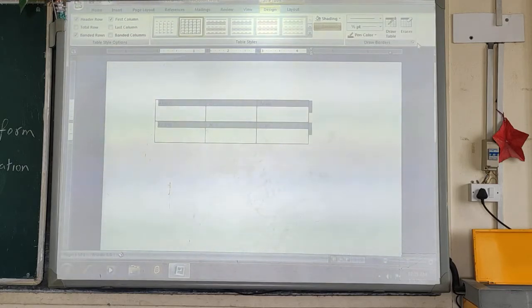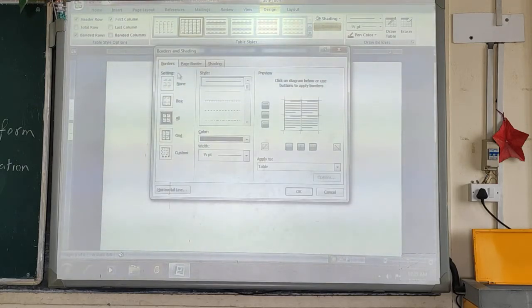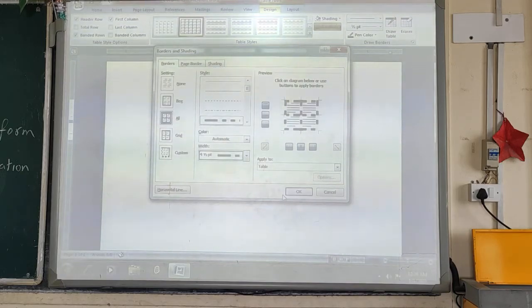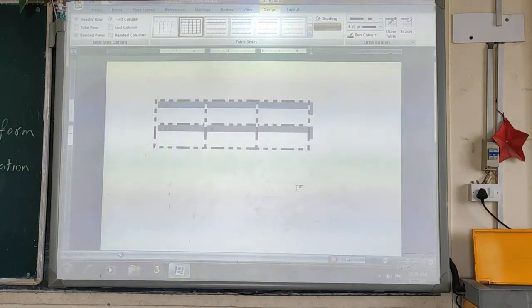This is the border feature where you can select the line style, different lines for the border, then the width, that is the line weight also. Line weight or line width you can select from here, that is what the width of the line will be, like this. Okay, and then click on the OK button.